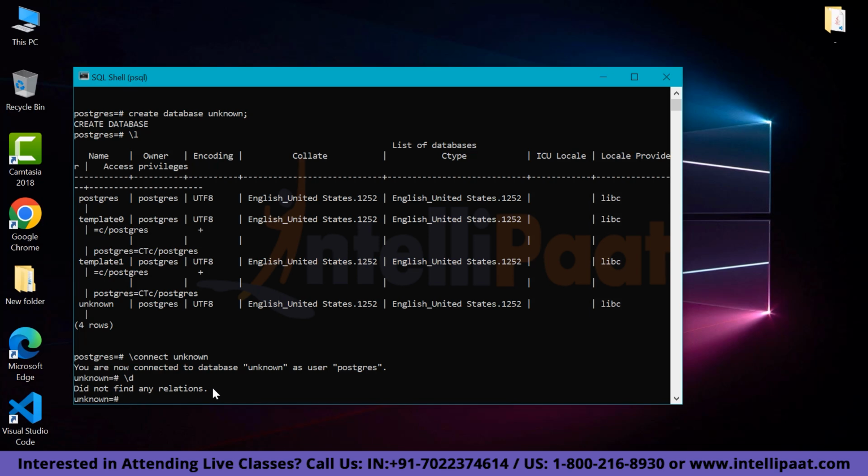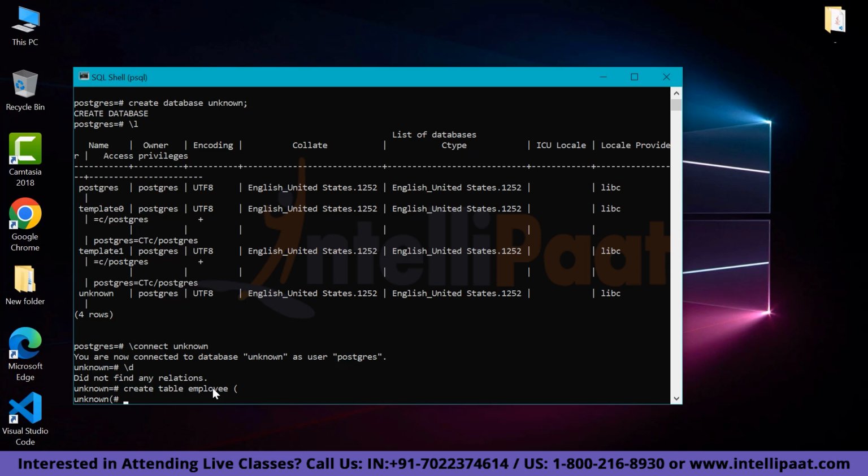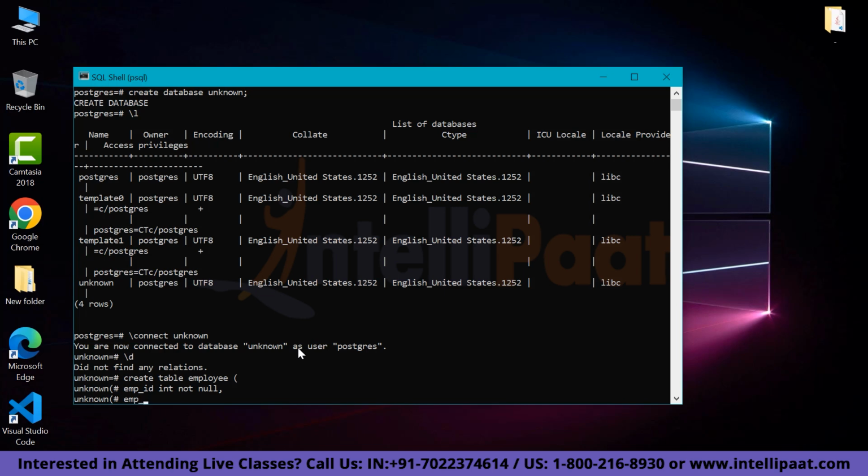So let's try to create one table in this database. Let's write a query for that. Create table and then the table name. Let's give it employee. We are creating the employee table here. Let us give column 1 as employee ID and the data type will be int. Let's give it not null. The next will be employee name